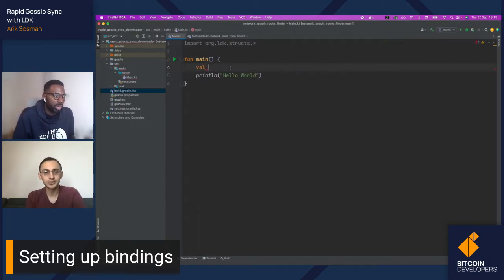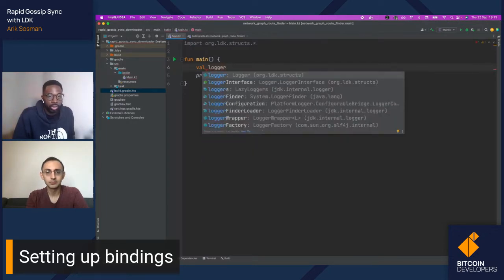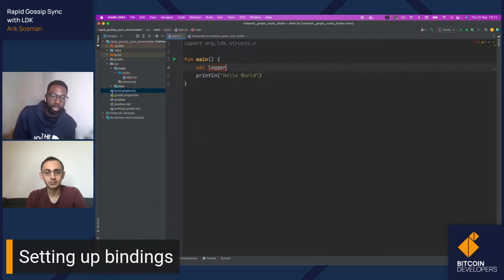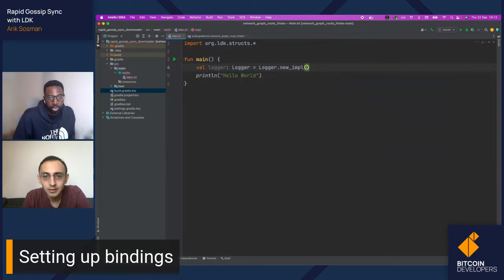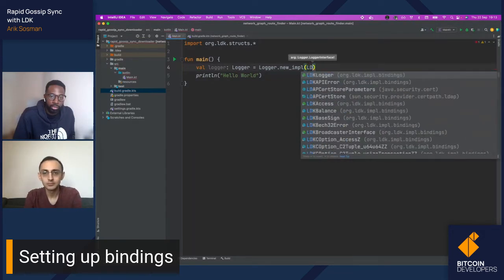Maybe we could try to instantiate a logger, perhaps, or a network graph. Okay, I think we're going to need a logger later, aren't we? So we can try a logger, and it's got all the nice code completion for us. We want to create a new instance of a logger. To make this easier, we'll create this in a different object.